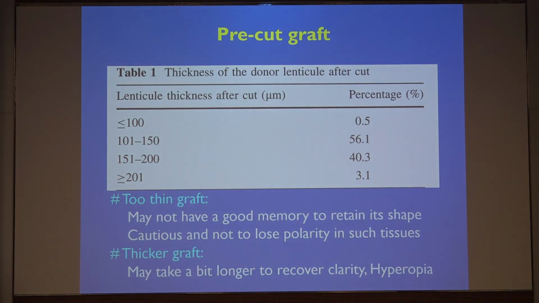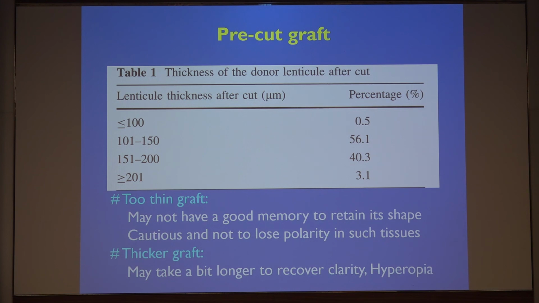Now, what about the pre-cut graft thickness? There can be a lenticular thickness variation, primarily because of the way you apply force upon the microkeratome, so there could be certain deviations in the posterior lamellar thickness, and this table shows that. Less than 100 micron thickness was seen in 0.5% of the tissues amongst those 1049 corneas done for pre-cut. Between 100 to 150, the majority fall in this category, 56% with this posterior thickness. Between 151 to 200 there were 40.3%, and more than 201 were a very small percentage, 3%, and these corneas were all utilized.